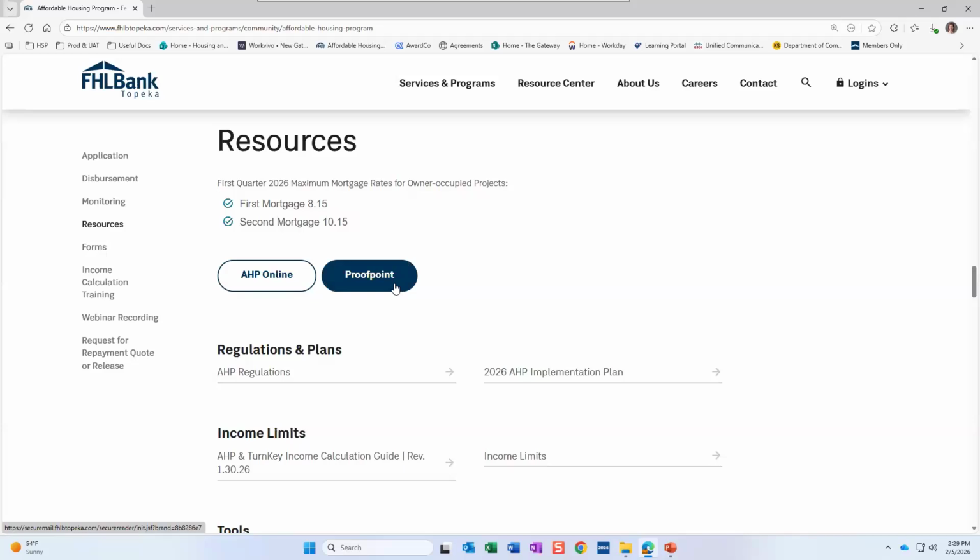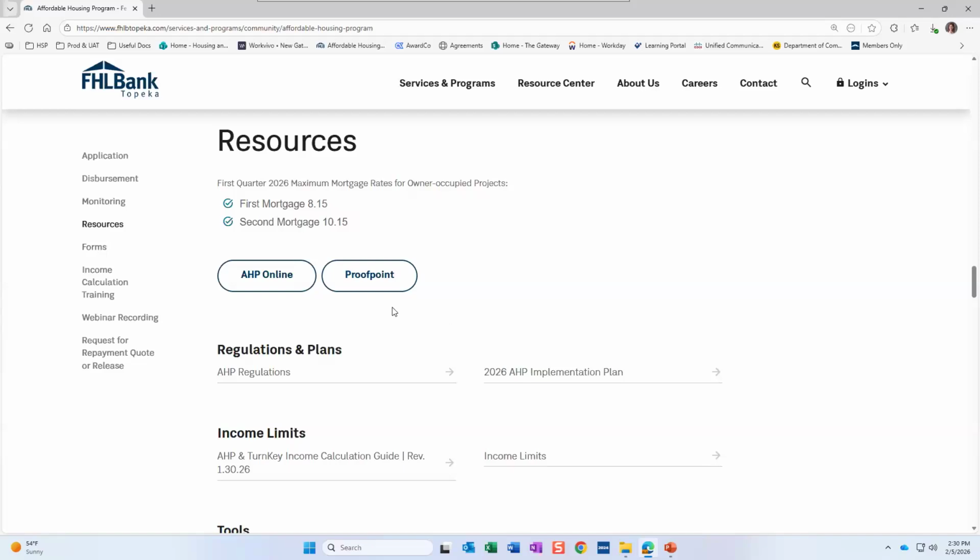If you've received or worked with us on prior grants, you may have noticed there used to be a Proofpoint button over here in this left-hand column as its separate tab. We have removed that and put it over here. What Proofpoint is, it's our secure email system. So if you are needing to send us any sort of documentation with personally identifiable information, you can send it through Proofpoint. This is commonly like income documents, things like that. Anything that's got sensitive information, we want to make sure that we protect that.